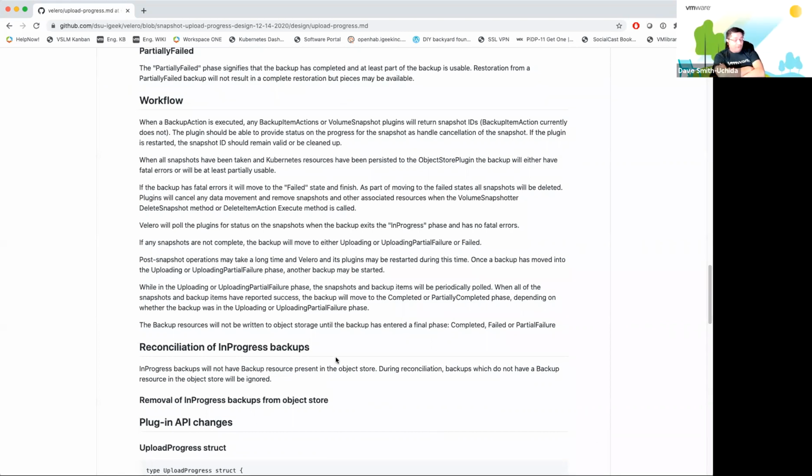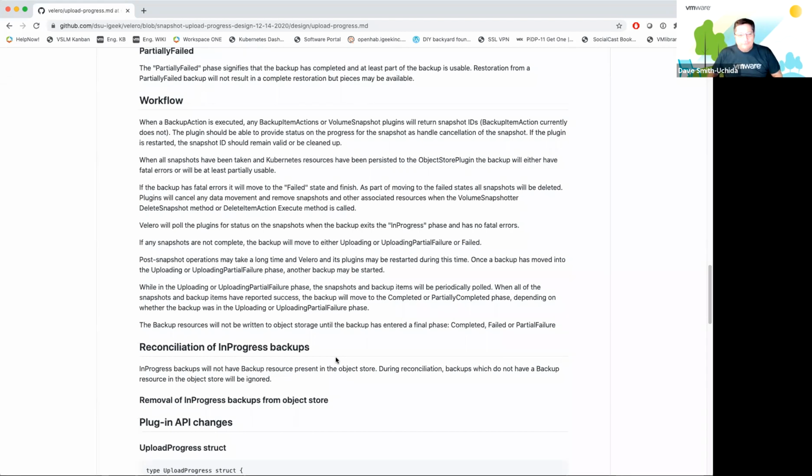Okay, well, moving right along, because this is really good, but it's a little off topic. So the idea here: there's one really major change in the way that we interact with the object store, and that is that we might upload a bunch of stuff to the object store. So we would put in the tarball, the log files potentially. We should probably put those up afterwards, but we wouldn't actually write the backup resource itself until we've gone to a final phase. And the reason for that is that way we can